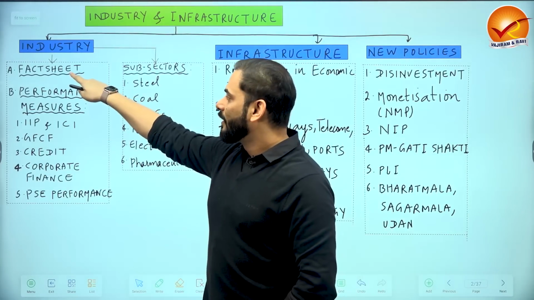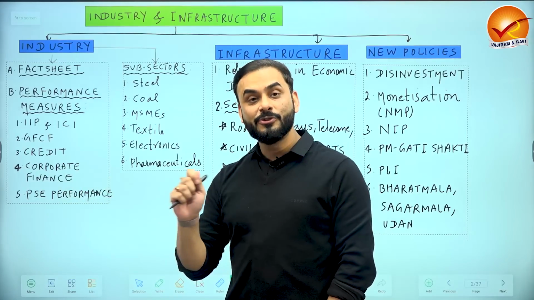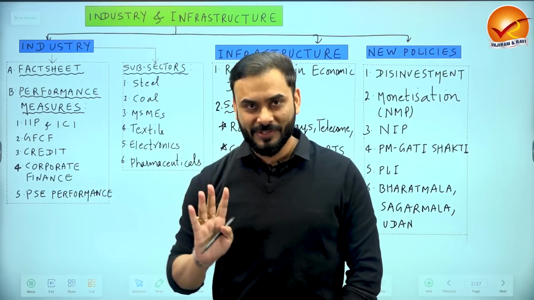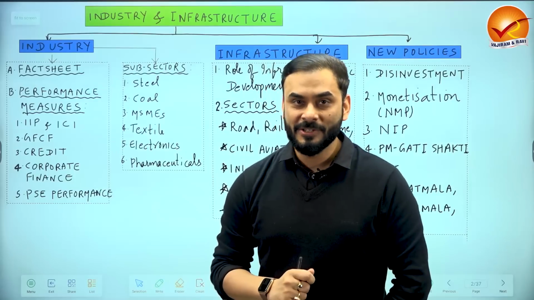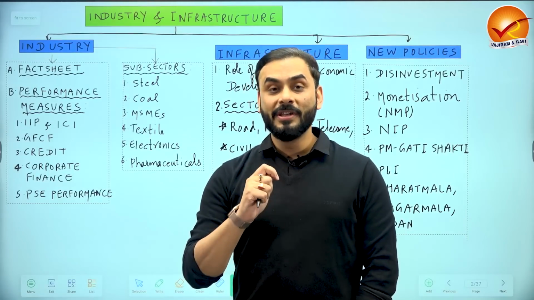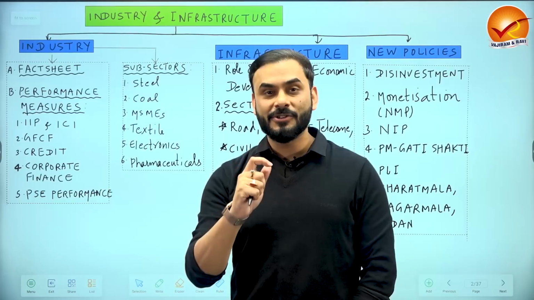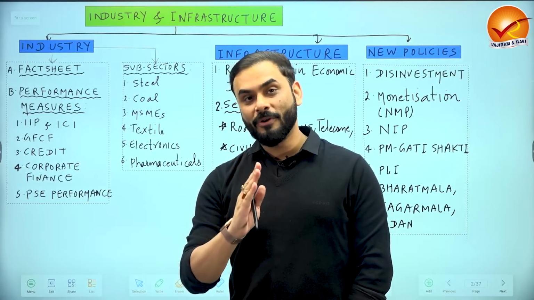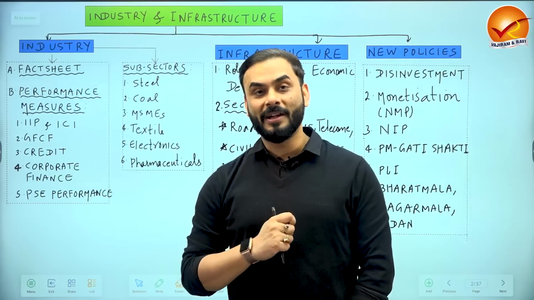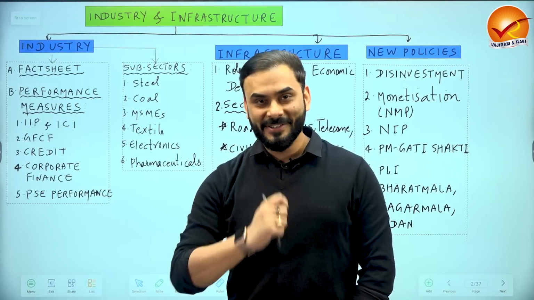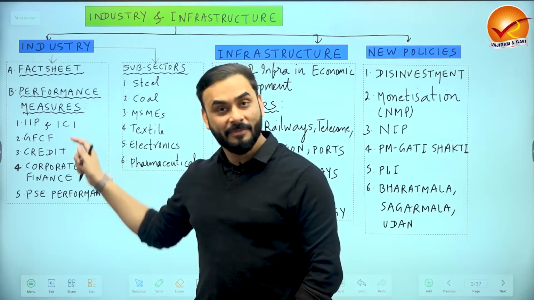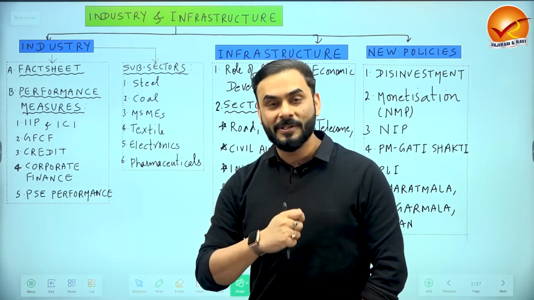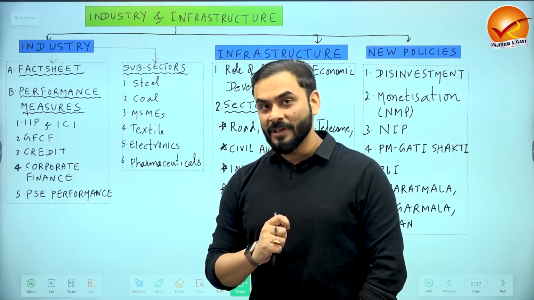Number 1, we are going to look at the performance of Indian industries in the last 1 or 2 years. And how do you check performance? To check performance, you need to look at some indicators or measures of performance. For example, if I have to look at your performance in your school or college, what do I look at? I look at your mark sheet, right? How much percentage did you achieve? Similarly, if we have to look at the performance of Indian industries, we need to look at some measures of performance.